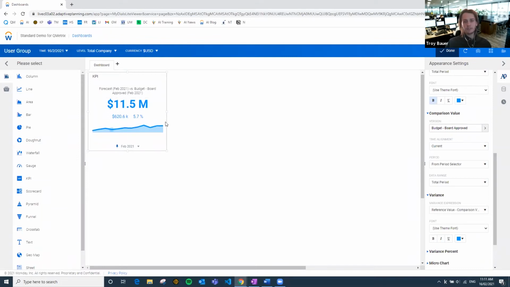So that's the correct signage, which is great. The last bit that I want to touch on from an output point of view is just the time property that we see at the bottom here. We see it's Feb 21 by default.